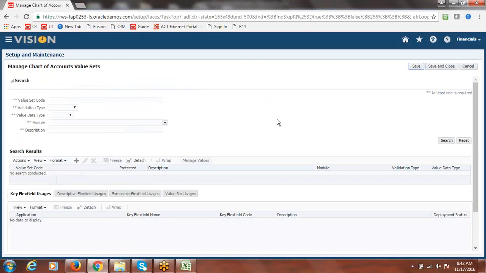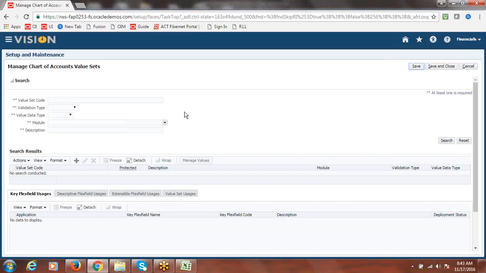Lakshman: if you want to create a value set that is not applicable to any module, sorry? No, here you have to specify. You cannot do that. In 12 you can do it; outside of the chart of accounts we also have a navigation. Yes, we can do that. But here you should specify. It's for filtration purposes. It's mandatory. You should select it. Without that, you cannot complete the definition of the value set.